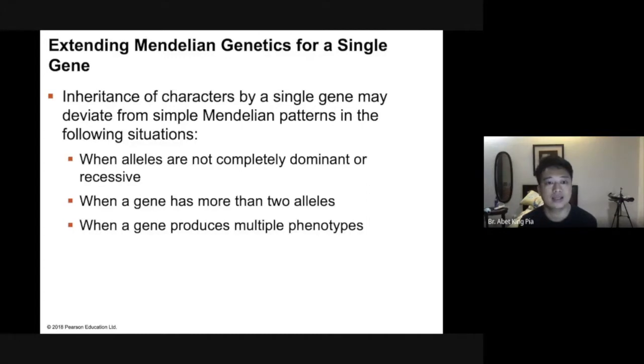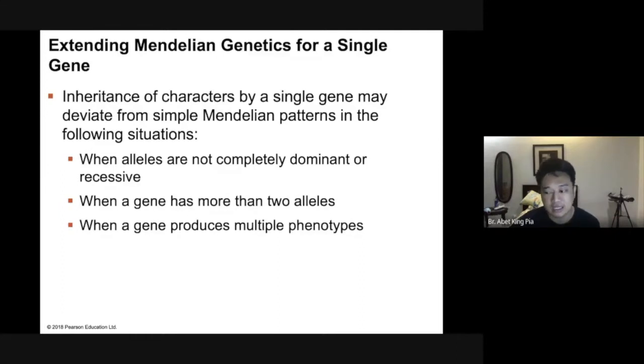So we extend the Mendelian genetics for a single gene. Inheritance of characters by a single gene may deviate from simple Mendelian patterns if the alleles are not completely dominant or recessive. So may mga makikita tayo na in-between na result ng alleles. Kaya hindi natin masasabi kung siya ba talaga ay dominant or recessive. When a gene has more than two alleles, ayan,